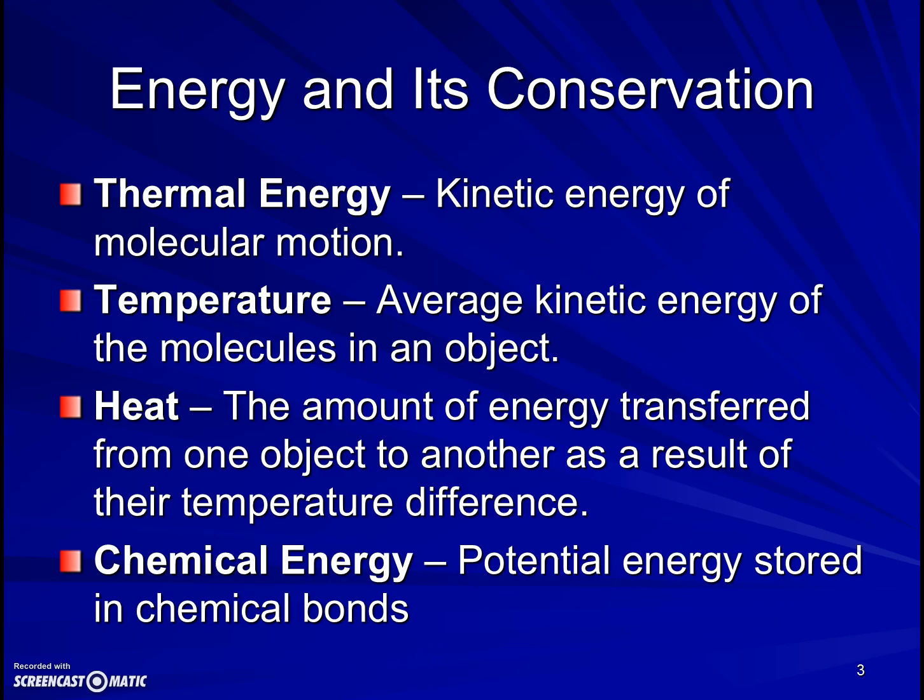And chemical energy is energy that is stored, potential energy that's stored in chemical bonds. So for example, sunlight shines down onto the earth, a tree absorbs that energy and uses it to make sugar molecules or starch molecules or cellulose molecules that become the structure of the plant. And then later, if that plant is a tree, we cut that tree down. All of that energy is still stored in those molecules. And we use that tree for firewood. And when we burn the tree, that potential energy is released as heat energy. So that's chemical potential energy.